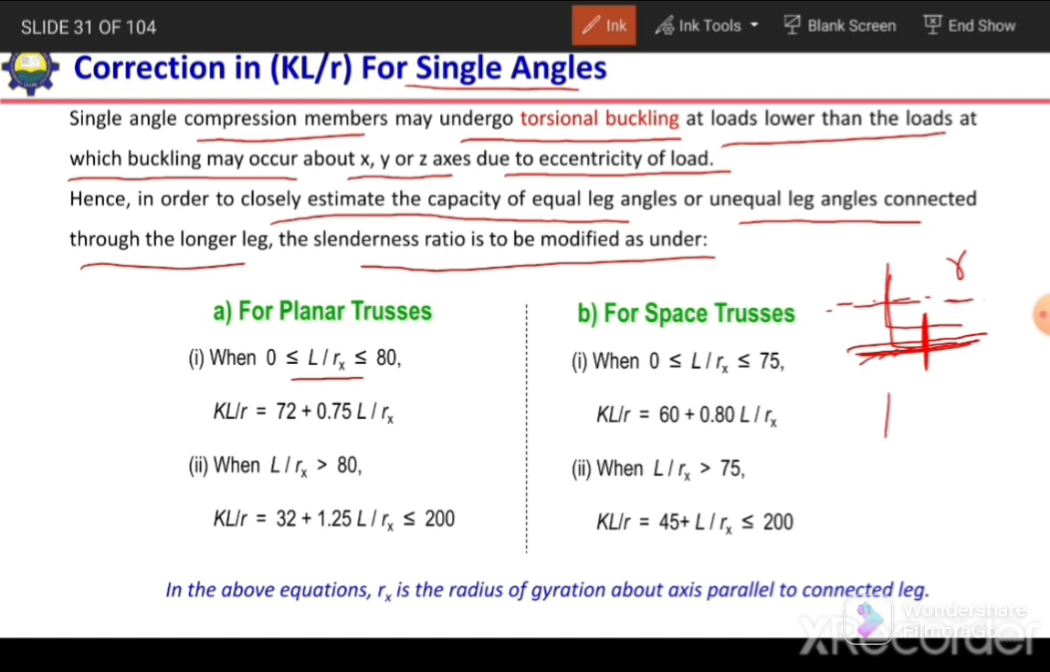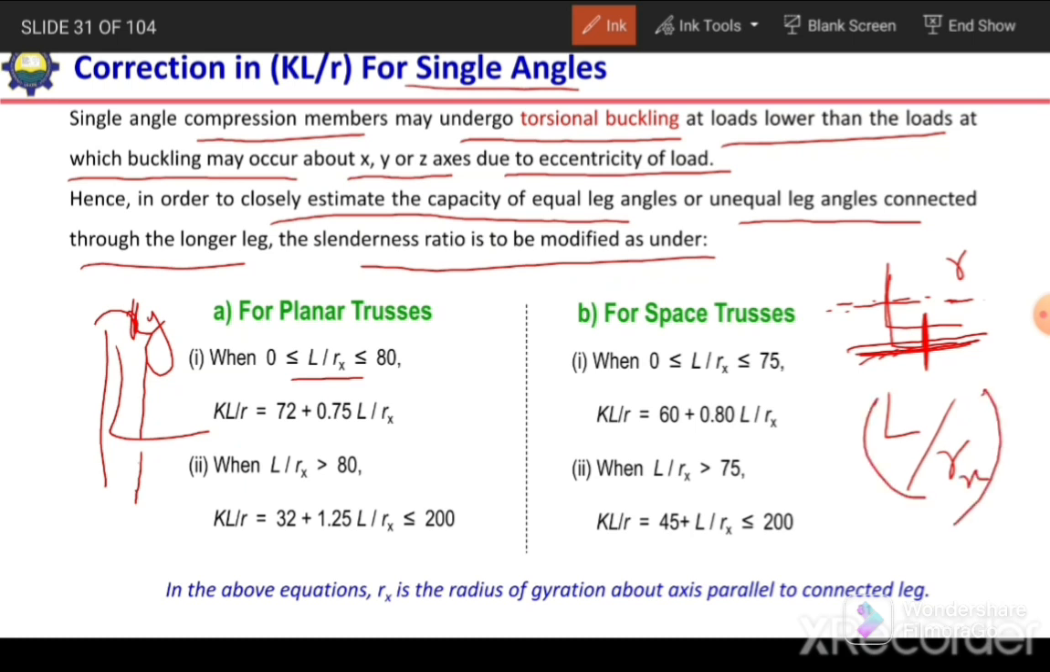And then we take the overall length divided by this R, whether it is Rx or Ry. If this leg is connected, then we will consider this axis to calculate the R value, so it will be Ry. So we need to calculate this value and then compare it with this expression. It should be more than 0 and less than 80. If it is more than 0 and less than 80, then we can calculate the